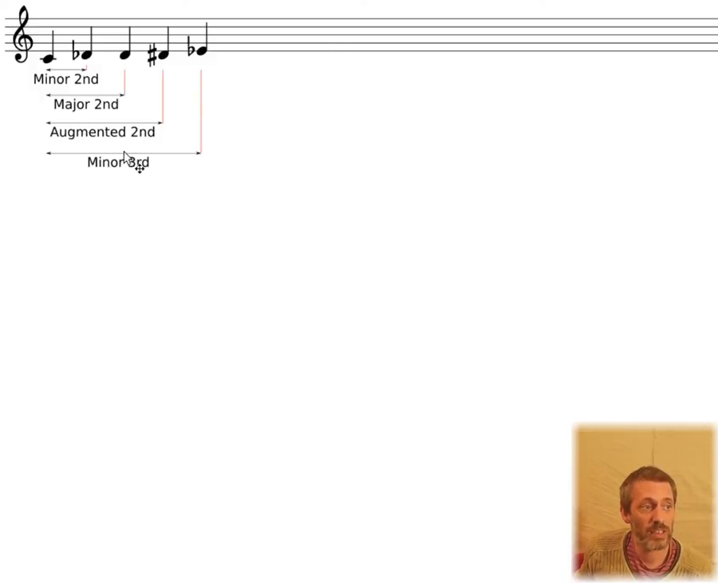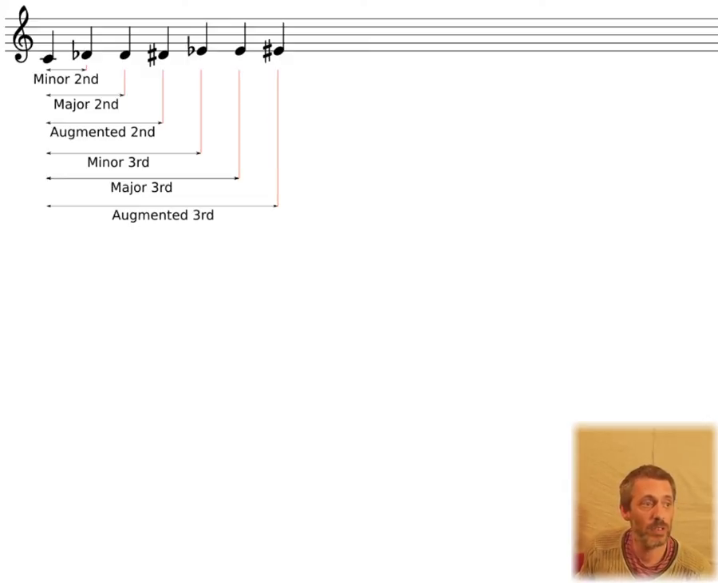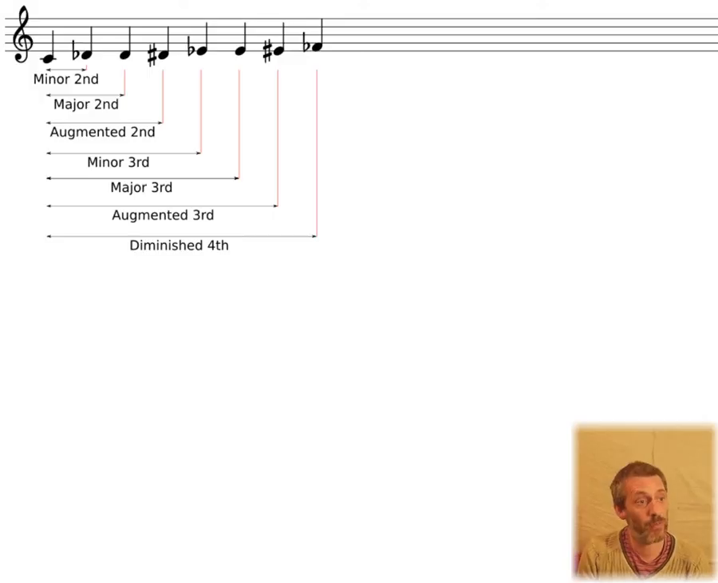But an augmented second and a minor third are essentially the same thing, or at least they're the same distance. But it's all about what the spelling is. Then we have a major third to E natural, an augmented third to E sharp, a diminished fourth if we're going to F flat. So again, all of these, a major third, an augmented third and a diminished fourth, are exactly the same as